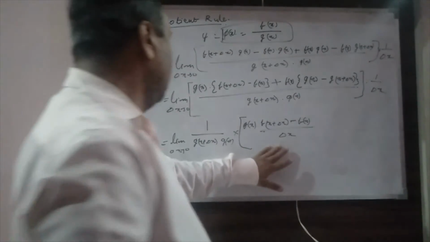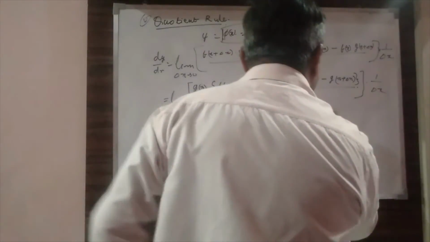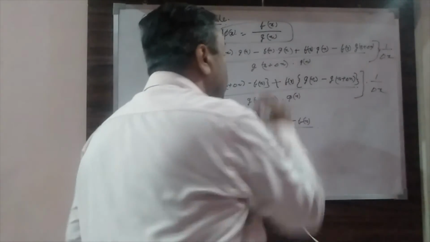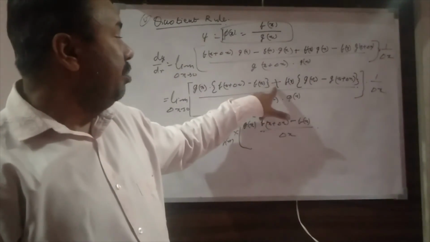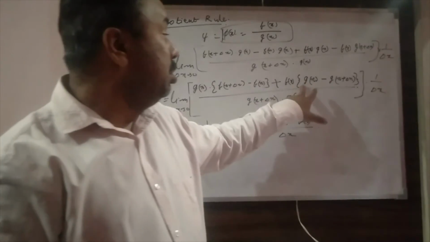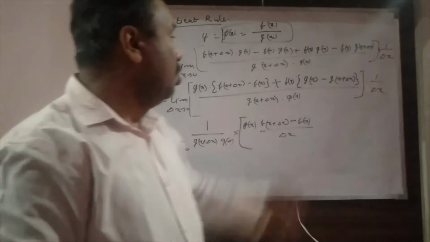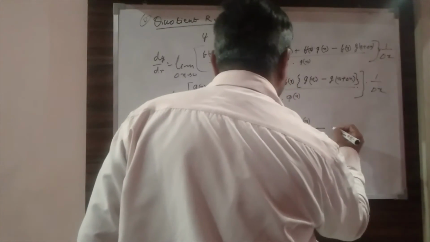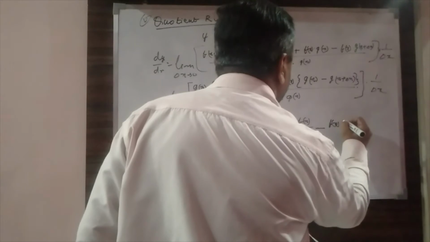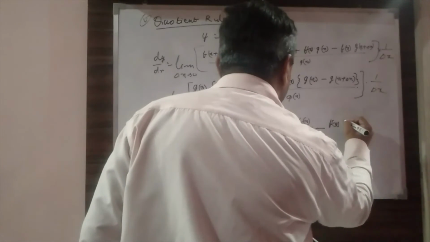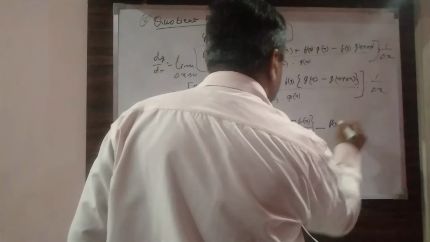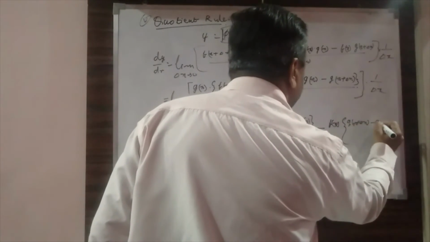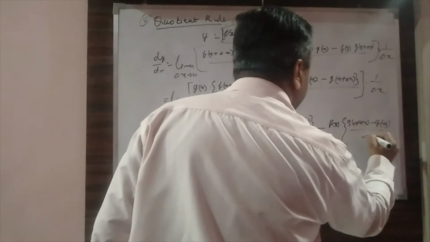Okay, and now instead of plus, if I take it as minus, just see, instead of plus, if I make it minus, then both these signs will be reversed. So if I take a minus sign, I can make it like that, fx multiplied by gx plus delta x minus gx divided by delta x.